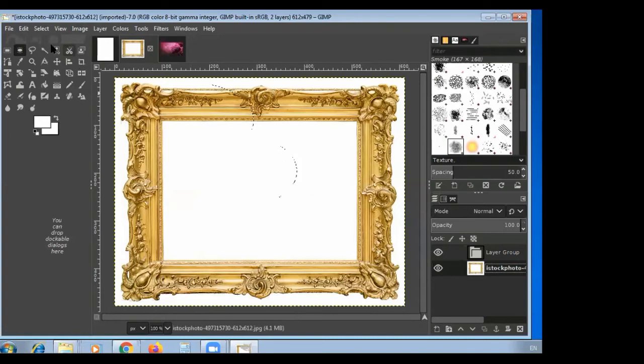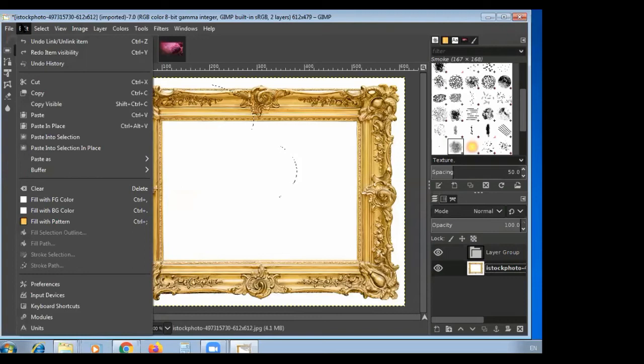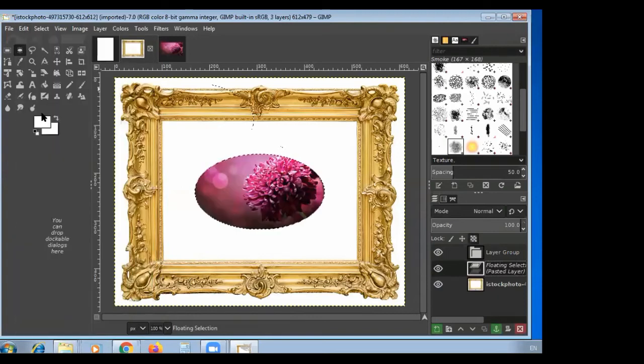The Edit menu will appear, and choose the Paste option. Got it? So the content from the other image will be pasted into the new layer.